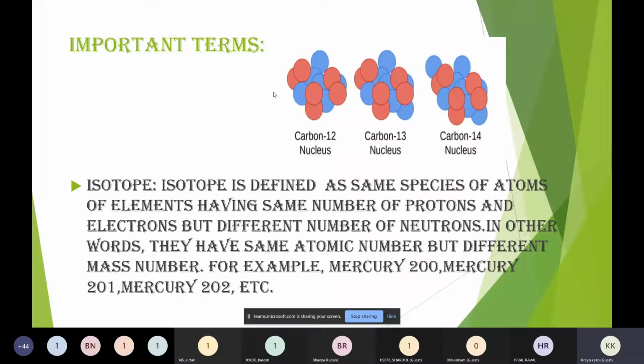As seen in the example, we have mercury, whose isotopes are mercury 200, mercury 201, mercury 202, etc. Or carbon, whose isotopes are carbon 12, carbon 13, carbon 14, etc. As seen in the figure, we have carbon 12, carbon 13, and carbon 14. Here are the numbers 12, 13, and 14. They are the